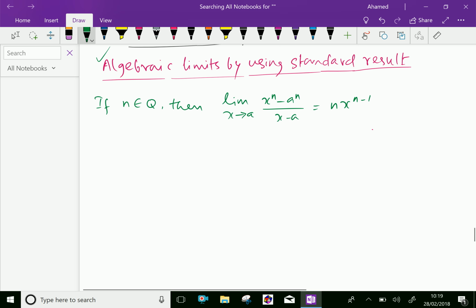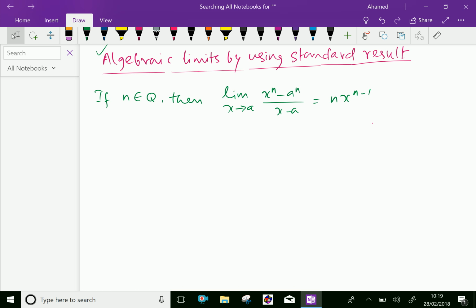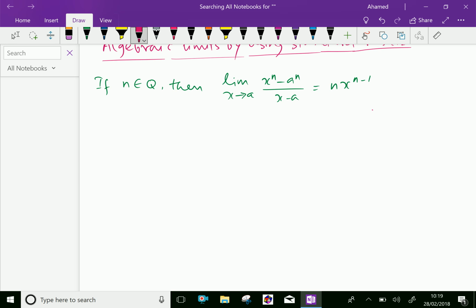Look at this example. If n is an element of Q, then the limit as x tends to a of (x^n minus a^n) over (x minus a) equals n times a^(n minus 1). Let us prove this basic rule. Proof: